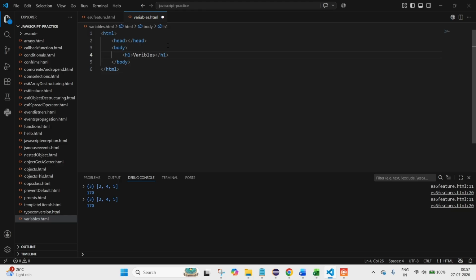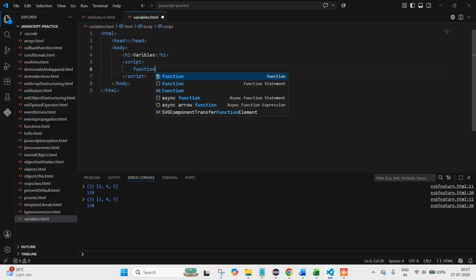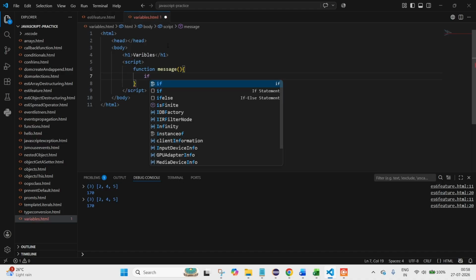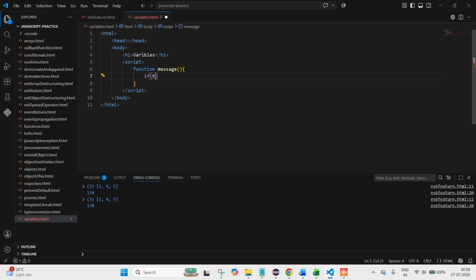Here I will create one JavaScript block, and here I will write one function, which is message, and we can write anything, we will keep it as message. And here we will write something, if true,